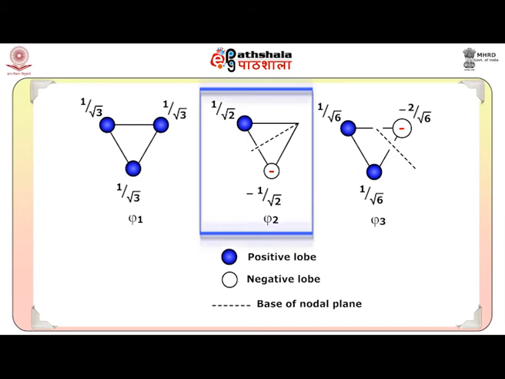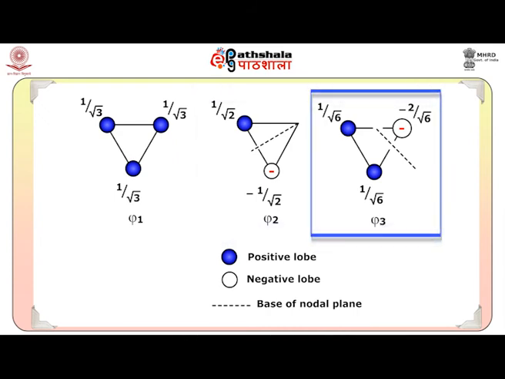Whereas for Phi2, the two coefficients C1 and C2 are 1 upon under root 2, but one is positive and the other is negative, whereas the corresponding coefficient C3 is 0 in this case. And for the molecular orbital Phi3, coefficients C1 and C2 are each equal to 1 upon under root 6, but for C3, as you can see here, the coefficient is minus 2 upon under root 6 and therefore the negative